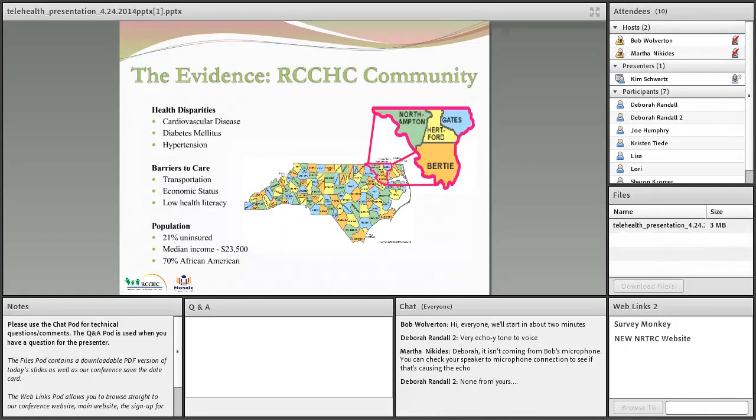So this is where we are in eastern North Carolina. If you've ever been to North Carolina, you can see where I pulled out our counties. We're U.S. Congressional District 1. We are the 4th poorest U.S. Congressional District in the nation. Most folks get surprised when they hear that.